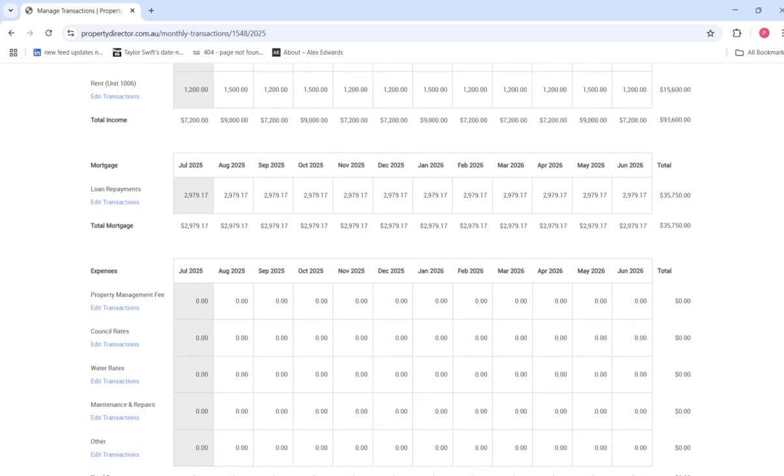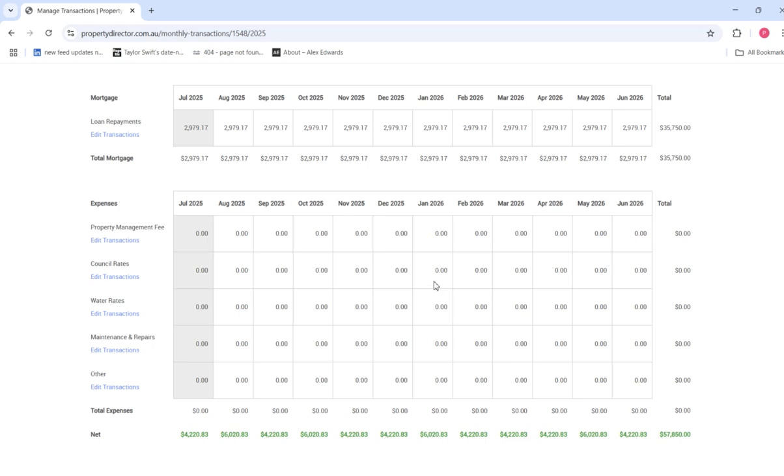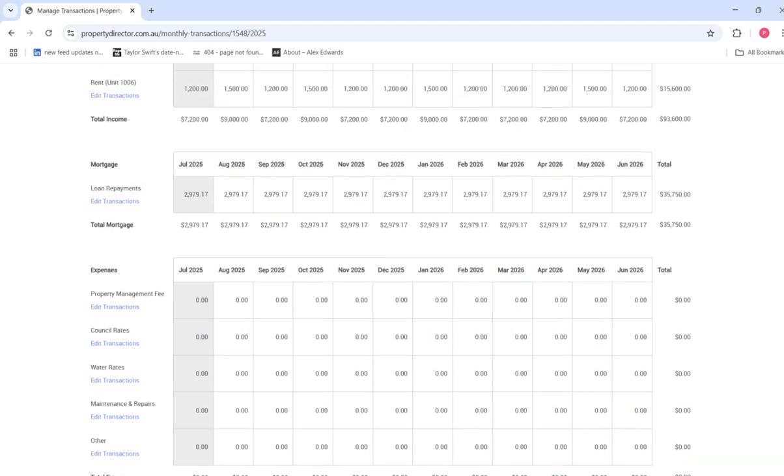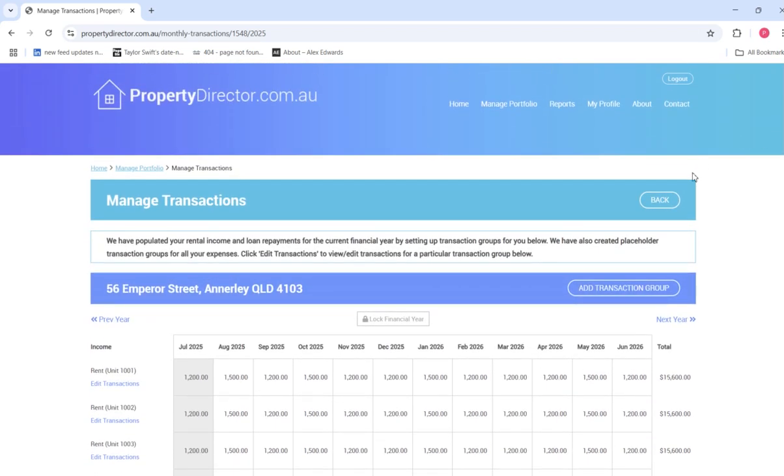At the bottom, it's got placeholders for expenses where you can easily put in all of the expense information, which will give you a final net cash flow amount. Right now, it's around $57,000, but that'll be slightly less after you put in the expenses. So all that information can be easily captured here for each financial year. And if you go back,